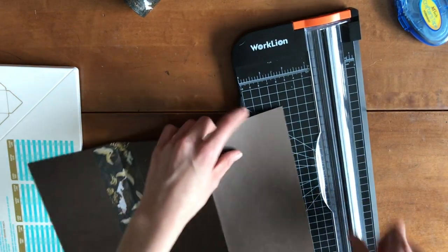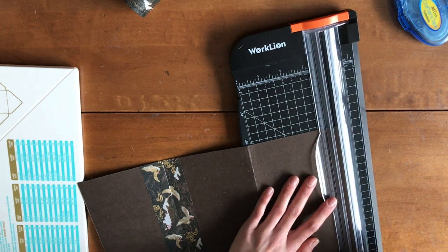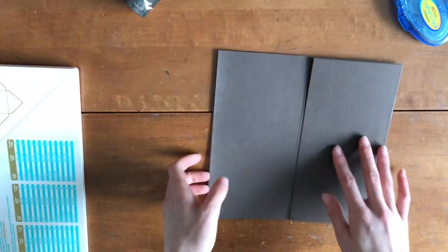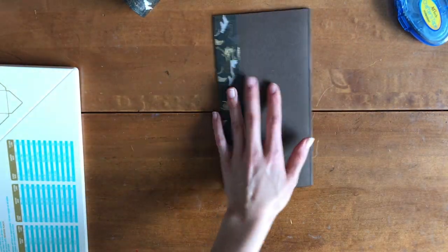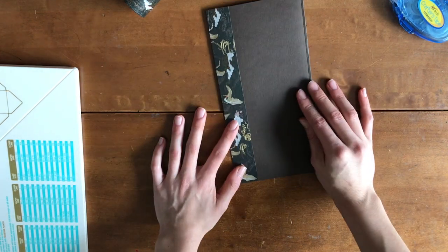But this is getting in the way of me closing it fully, so I'm just going to trim this a little bit. If you fold it perfectly in, symmetrically, I mean, you wouldn't have to do that excess cutting, but alright, so I like it like this. I'm gonna leave it like this. Next thing you do when you make note of your front is